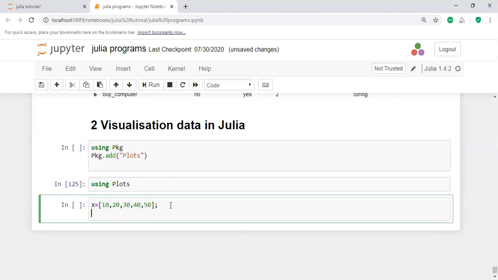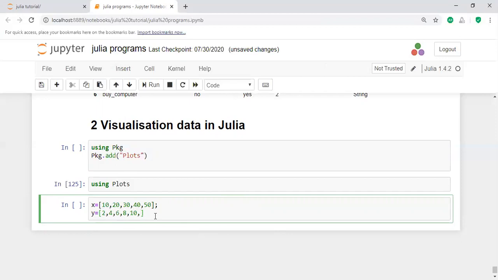Then y is another array. Let us take the y value: y equal to 2, 4, 6, 8, 10. I am taking these values, and from these values I'm going to perform one plot.